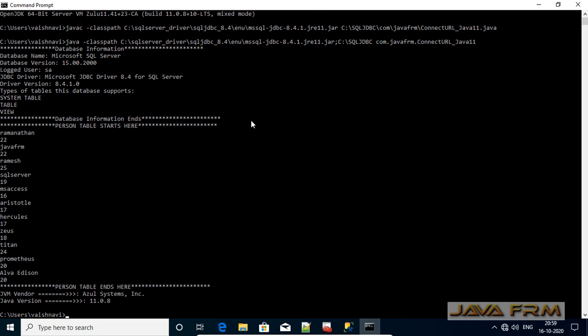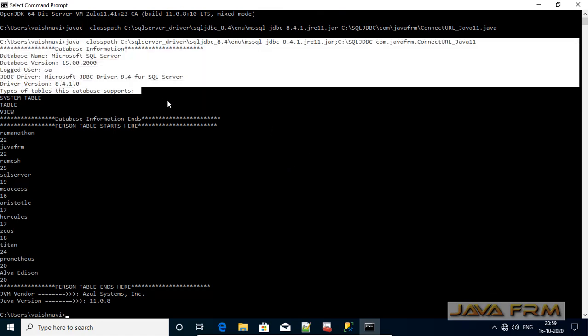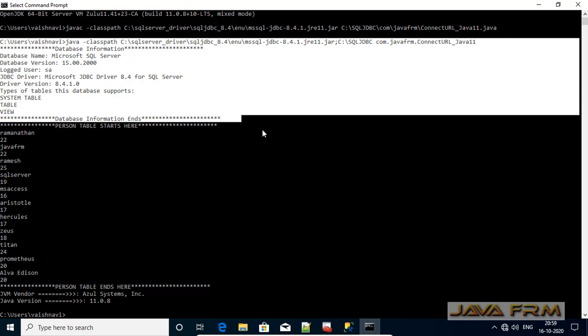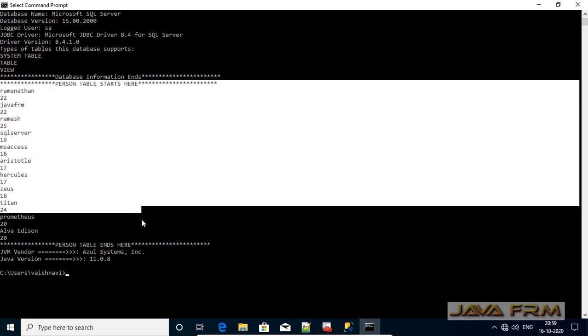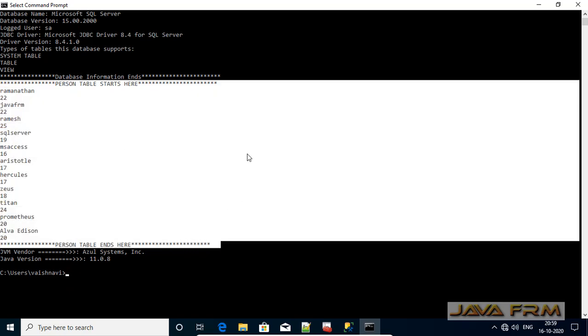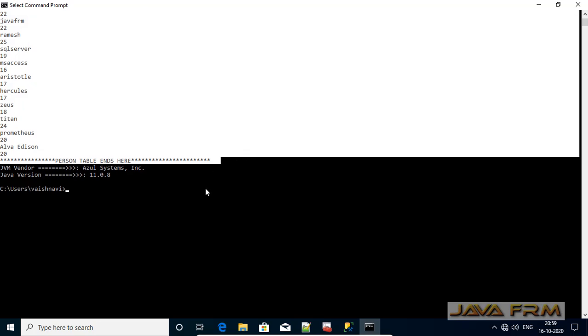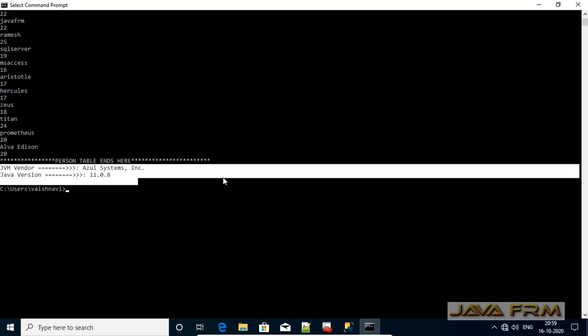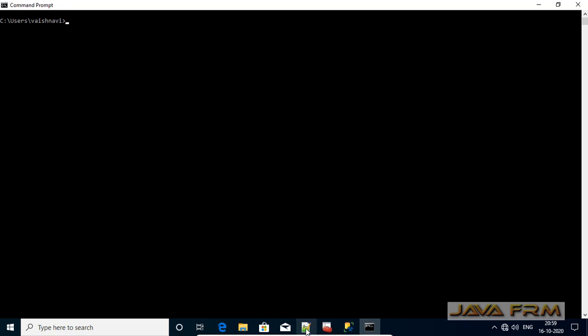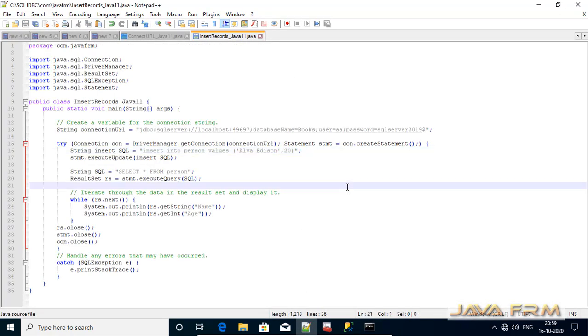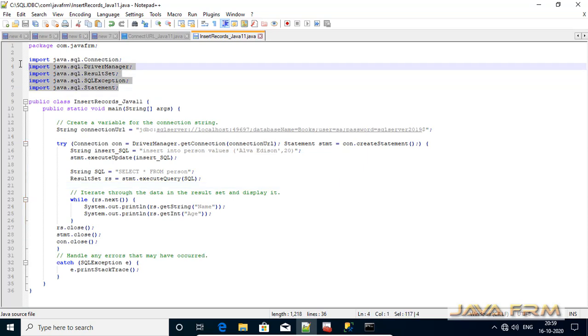Yes, you can see that the database information got printed, and in the next part all the records were fetched and printed from the person table. Finally, I am printing the Java vendor details. So our first JDBC program using Zulu OpenJDK 11 from Azure Systems with the help of the Microsoft JDBC driver for Java 11 is successful.